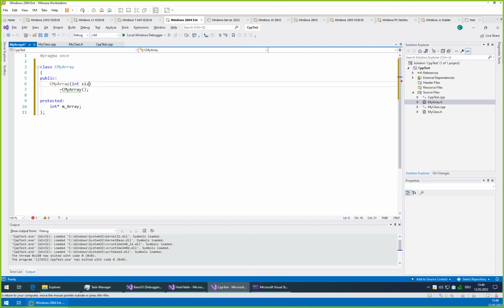We want int size. We want to tell it how big it should be. Yes, and we said we want to do everything in the header. So let's do everything in the header. So here make just like new int size and delete array. You can use the new operator also to create whole arrays of objects, in which case you specify the size in square brackets, and for the delete it is intended that you always use these empty brackets to free an array.